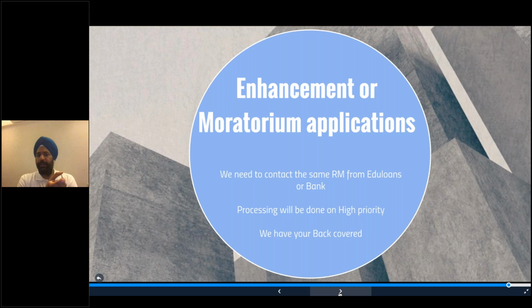The other aspect is the moratorium, both after your course and in the middle, if you are on H1B or you are currently working and your EMIs are coming in. Both of them need to be reached out to quickly. There is a standard application, there is a standard process. There is a power of attorney which will be required. Those formats need to be arranged. Once those formats are arranged across the board, those things move, and we would be able to help you out with that. So any of those applications, etc. Another word of caution here, in case